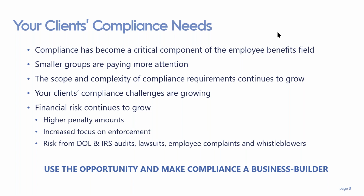It was kind of his favorite, and this very large massive entity took notice of this 100 life client and decided to come in and challenge that broker's position, all around the compliance piece. And those kinds of situations used to be less common, but we're just finding the smaller and smaller groups are